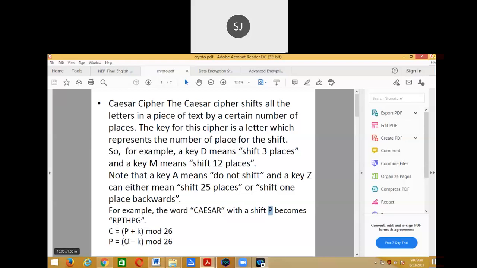At the receiving end, the ciphertext is taken and you subtract the key from it, mod 26. Again, you generate the plain text. So this is Caesar cipher, which is a substitution cipher. And it is a monoalphabetic substitution because see now here A is occurring two times, and A is always replaced by P.